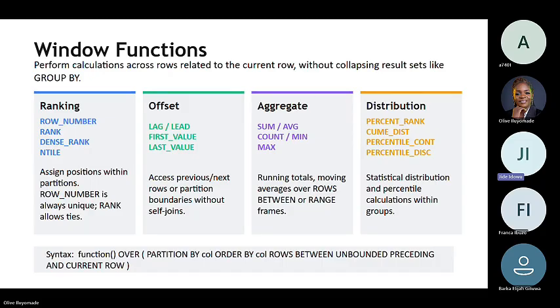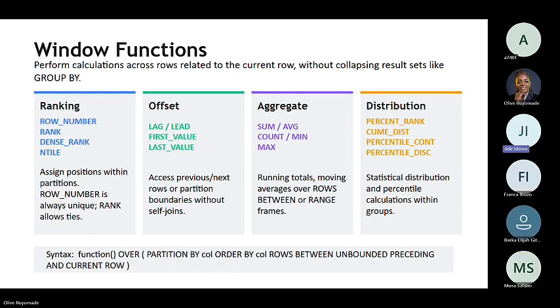Just so that you don't say, oh, what is a function? Within the environment of the tool we are looking at, you'll see at the top we have Window functions. They perform calculations across rows related to the current row without collapsing the result set like